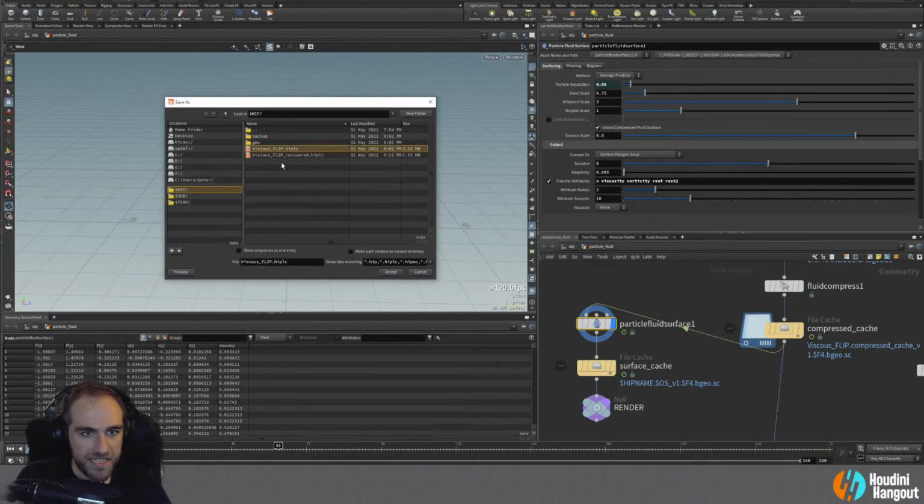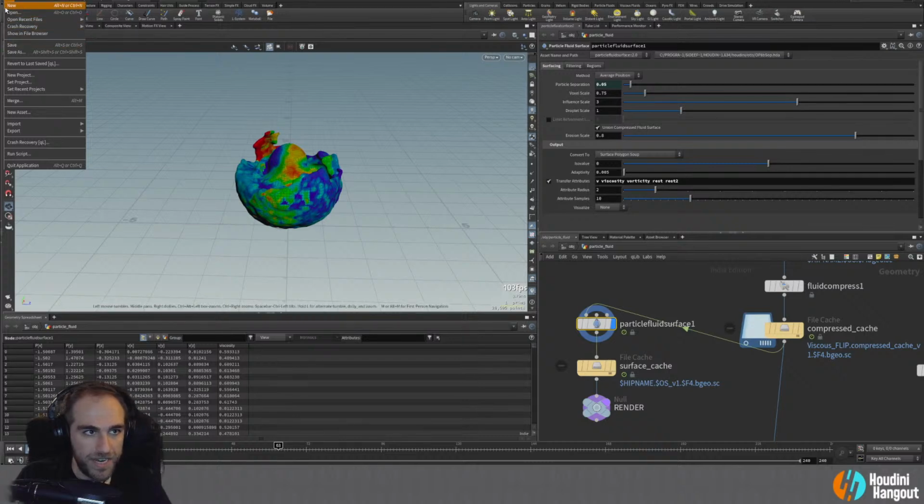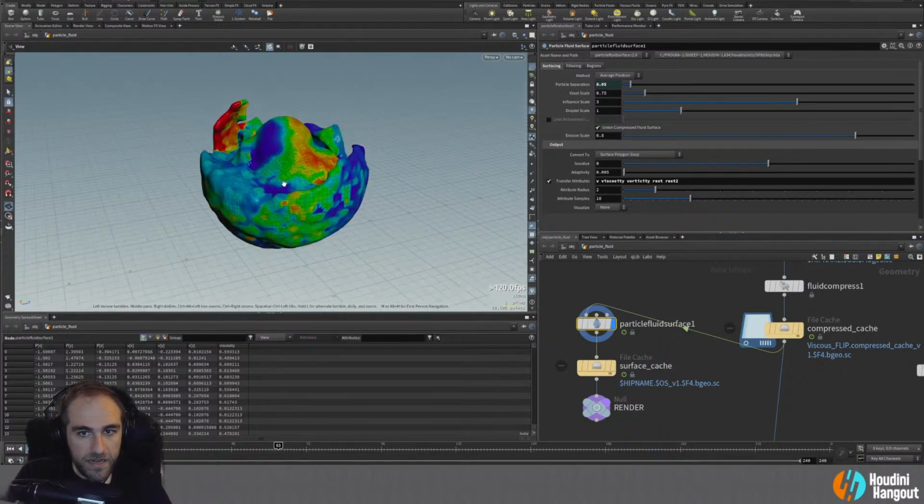And I'm just going to save this over. It'll make this one that's recovered, and then you can save it over if it's right. So anyways, file, open crash recovery, open crash file. Anyways, so here is our,